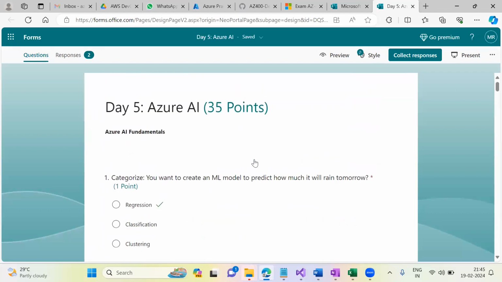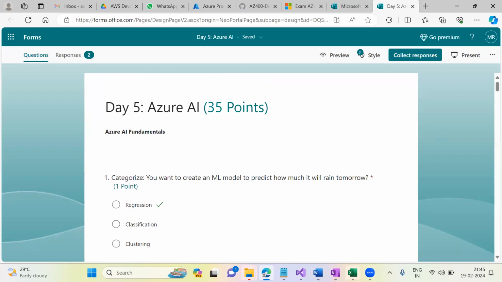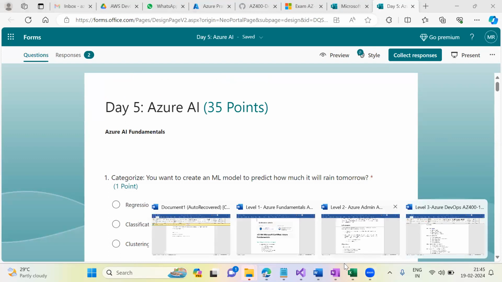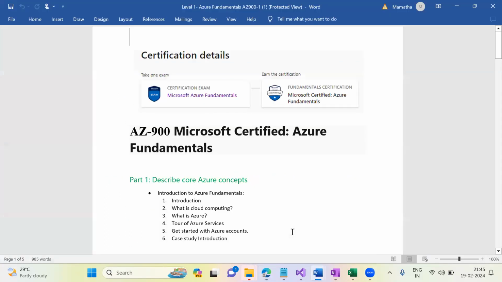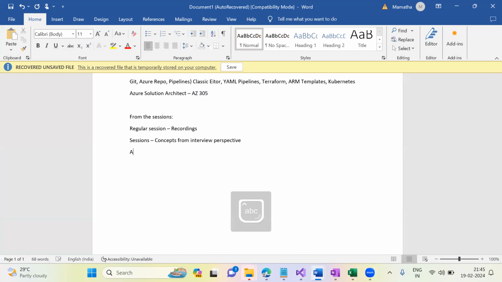When you start solving, a minimum of five different assessments will be given. It is kind of a dump to clear your certifications, which is going to help you crack the certification very easily, without much complexity. Okay. So these are the things that you will be getting from the sessions: you will be getting the assessments,